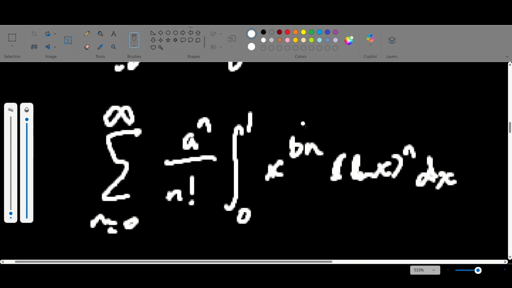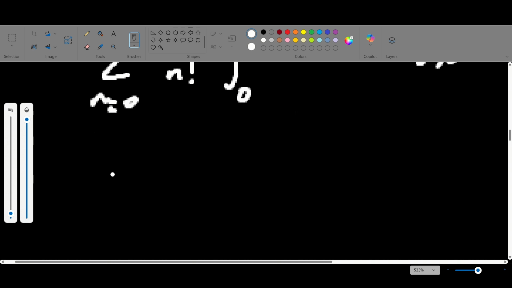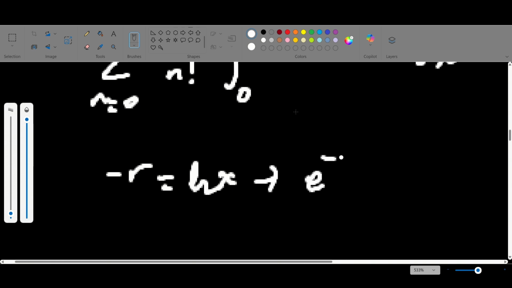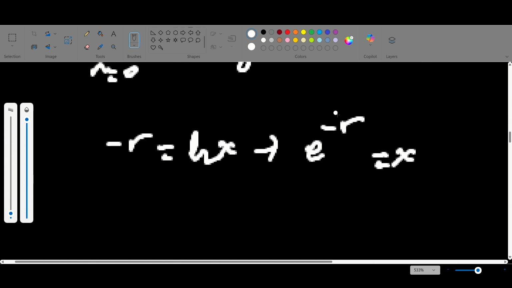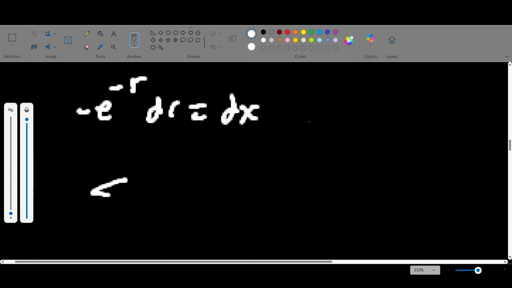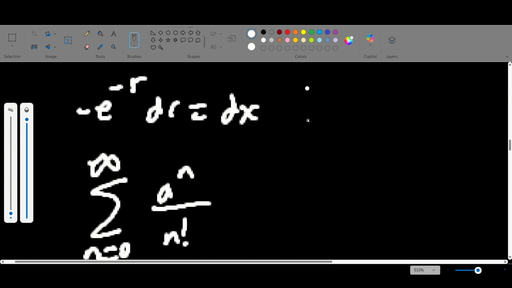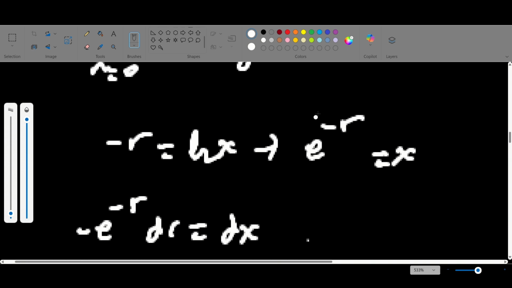Now from here we need to do a substitution. So I'm going to let negative r equal the natural log of x, which implies that e to the negative r equals x. Taking the derivative, we get negative e to the negative r dr equals dx. And so our new integral, because we get the infinite series from n is 0 of a to the n over n factorial. Our new limits become